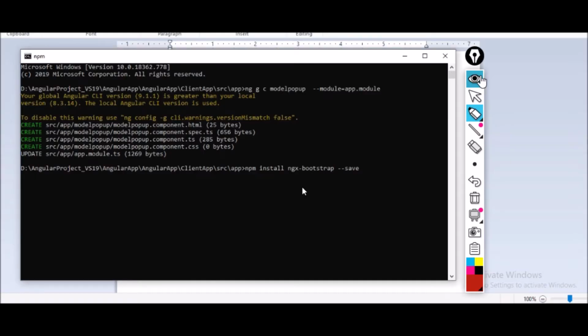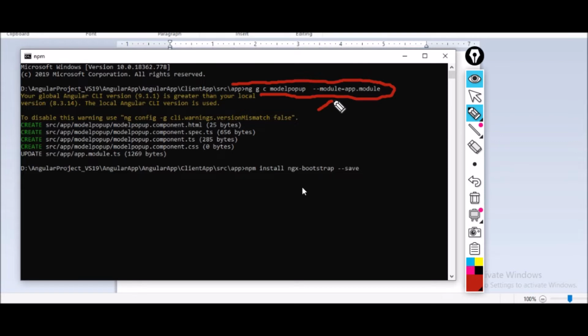In this CMD window you can see the component name. This is the modal pop-up component name, and simply write the command ng generate component modal-pop-up, and after that write --module=app.module.